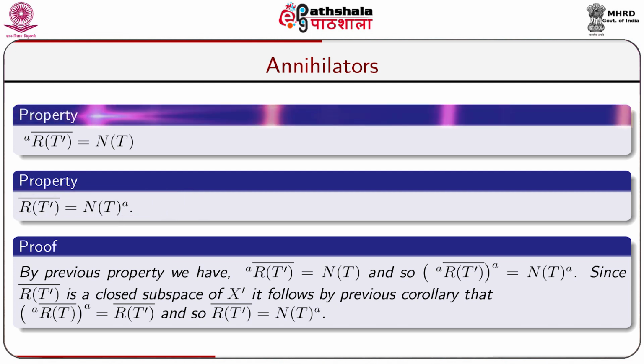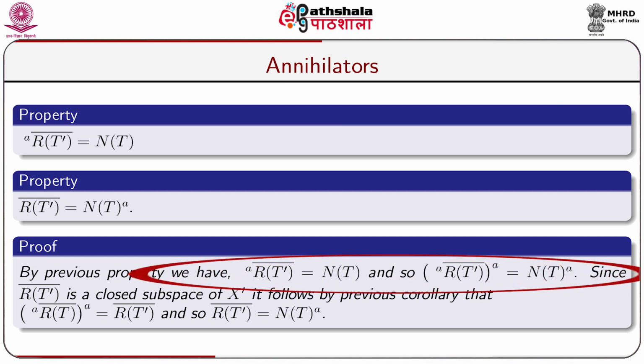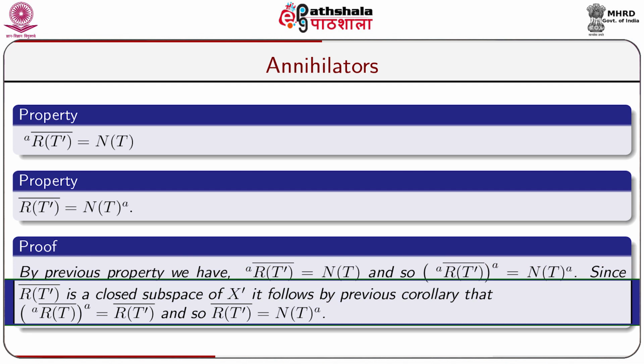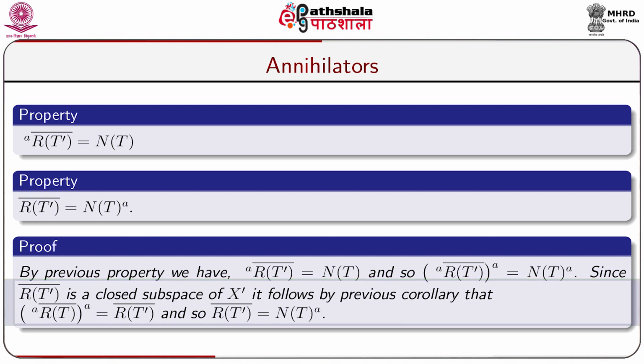The proof goes below. By the previous property, we have the annihilator of the closure of R(T dash) equal to N(T), and so the annihilator of the closure of R(T dash) equals the annihilator of N(T). Since the closure of R(T dash) is a closed subspace of X dash, it follows by the previous corollary that the annihilator of the closure of the annihilator of R(T dash) equals the closure of R(T dash),